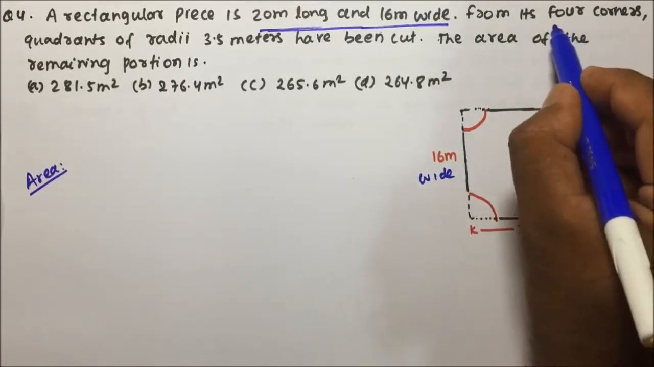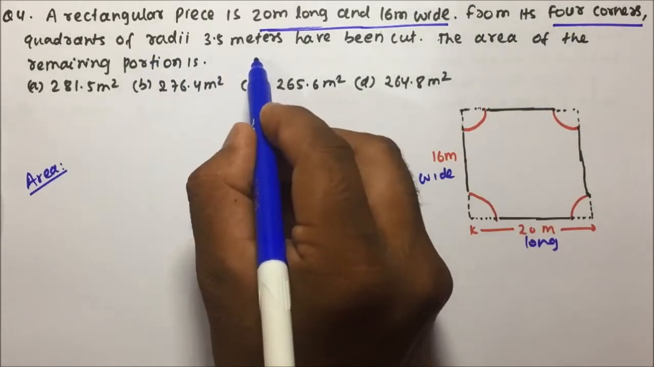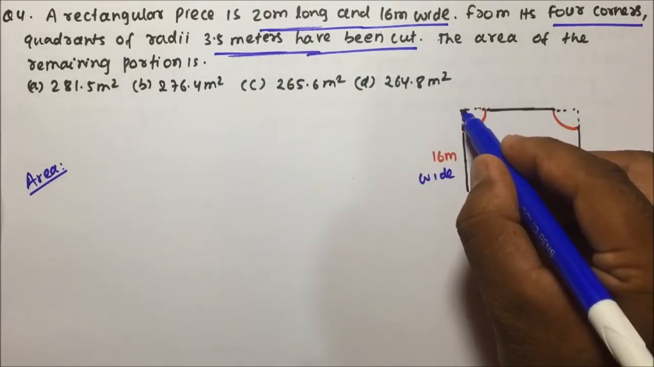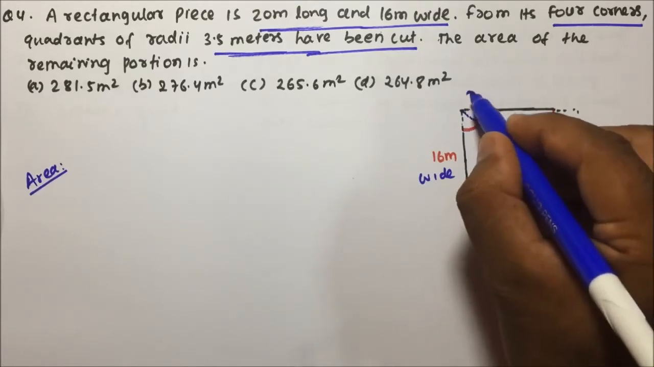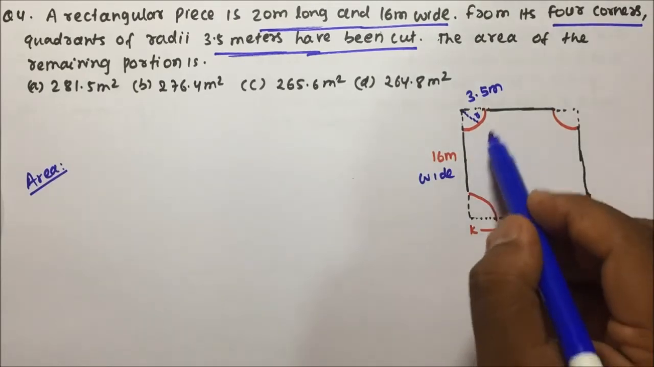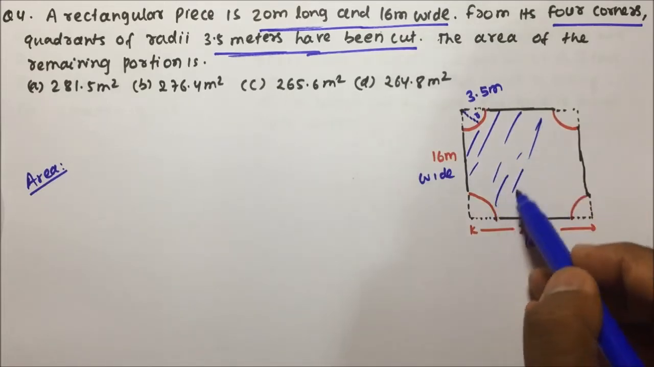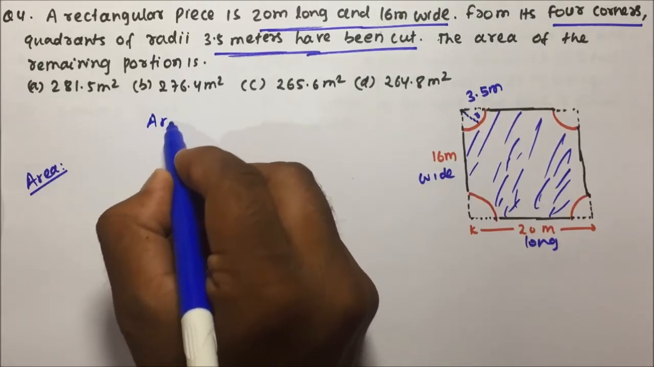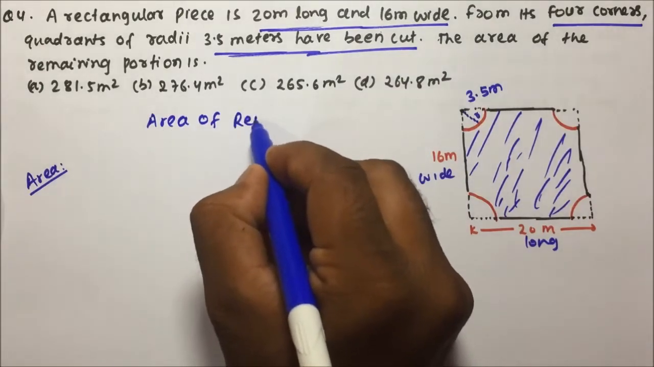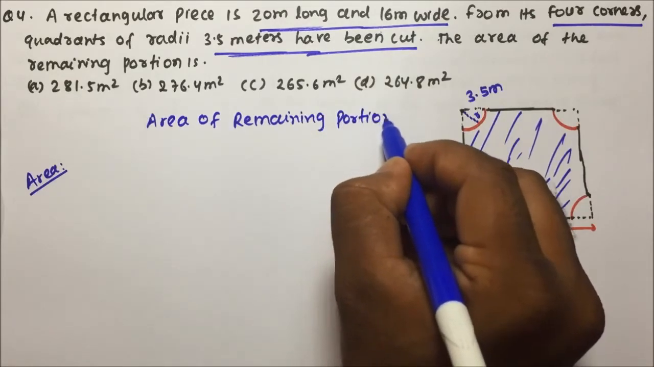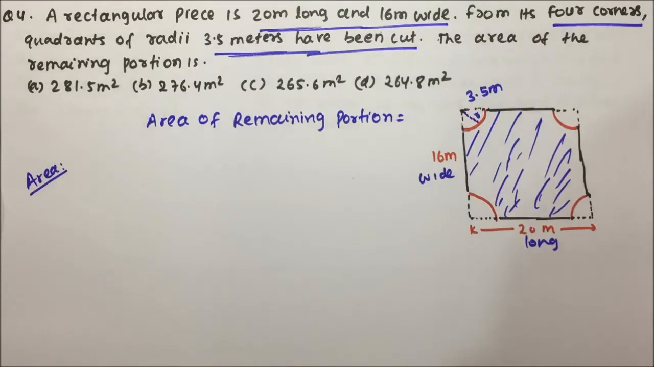From its 4 corners, quadrants of radii 3.5 meters have been cut out. So from every corner, a radius of 3.5 meter has been cut out. Find the area of the remaining portion. So friends, basically you have to find out the area of all these portions, right? So the area of the remaining portion, I can write,